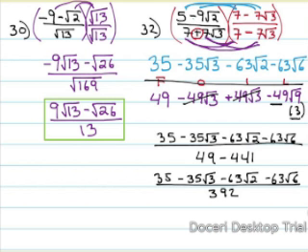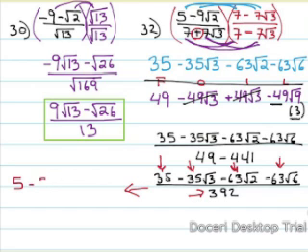If you got to that point, you're doing pretty good. There is one other step you can do though. If you notice, 35, 35, 63, 63, and then on the bottom here, 392, those can all be divided by 7. So, I'm going to bring us back over here for our best answer, which would end up being